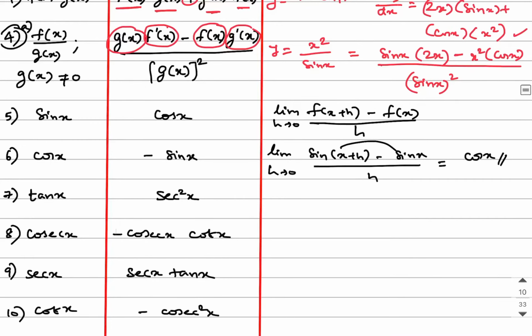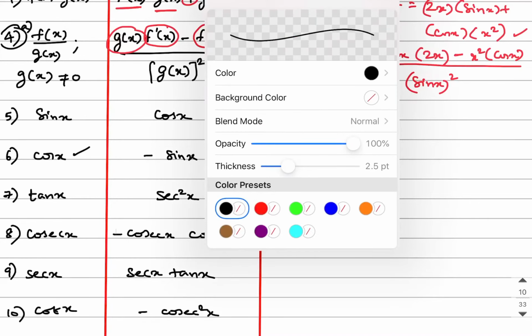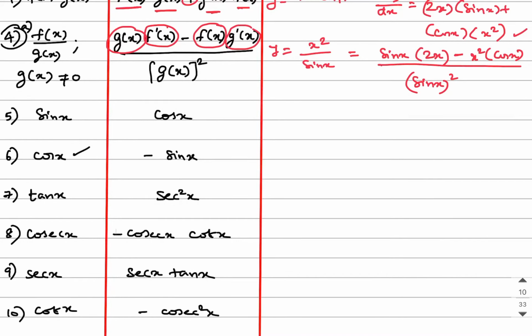In a similar way, you can derive the derivative of cos x. So the cos x derivative is going to be minus sin x. In a similar way, you can use the first principle and derive the derivative of tan x also. So there are 2 ways to recollect. I would suggest you remember all the formulae. I am just explaining the proof in case you get confused with the formula. The reason is, when you learn integration, the formula will be exactly the reverse. Means this value will be here and this value will be here in integration. So don't get confused. If you forget the formula, then I am telling you how to derive it.